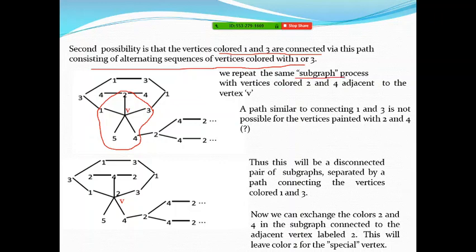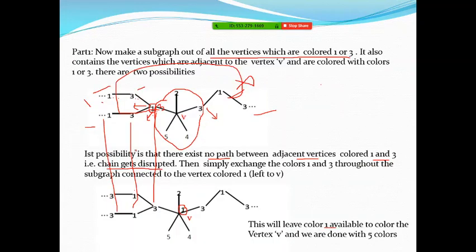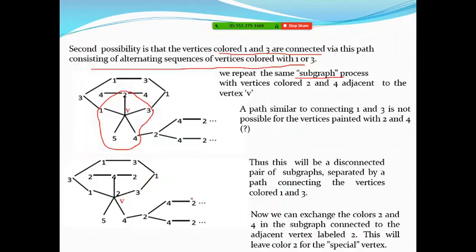now repeat the process of the last slide. This 1 3 1 3, but for 2 4 only. So this side it is 4. Again, we are applying our argument for vertices between 2 and 4. Same logic. Now just consider that subgraph which contains those vertices colored with 2 or with 4. So it is 2 and it is 4. Now the same story is going to be repeated. So either these vertices are connected or these vertices are not connected.